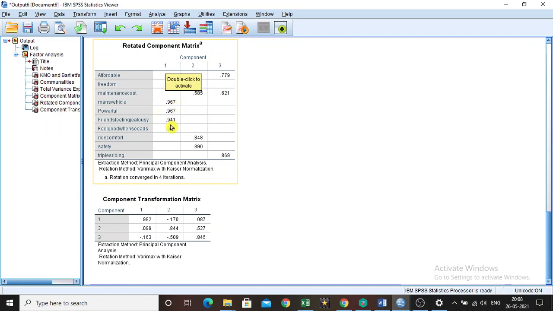Which means it is about personality. It talks about the image or the personality of the vehicle. So maybe we can name it as personality for factor 1. Like that we have to interpret this data and perform factor analysis. Thank you.